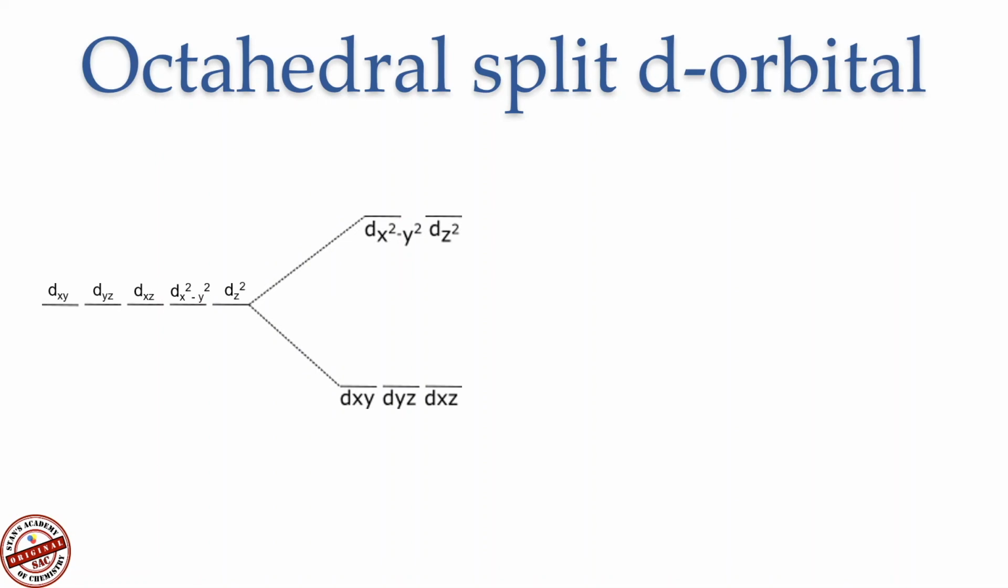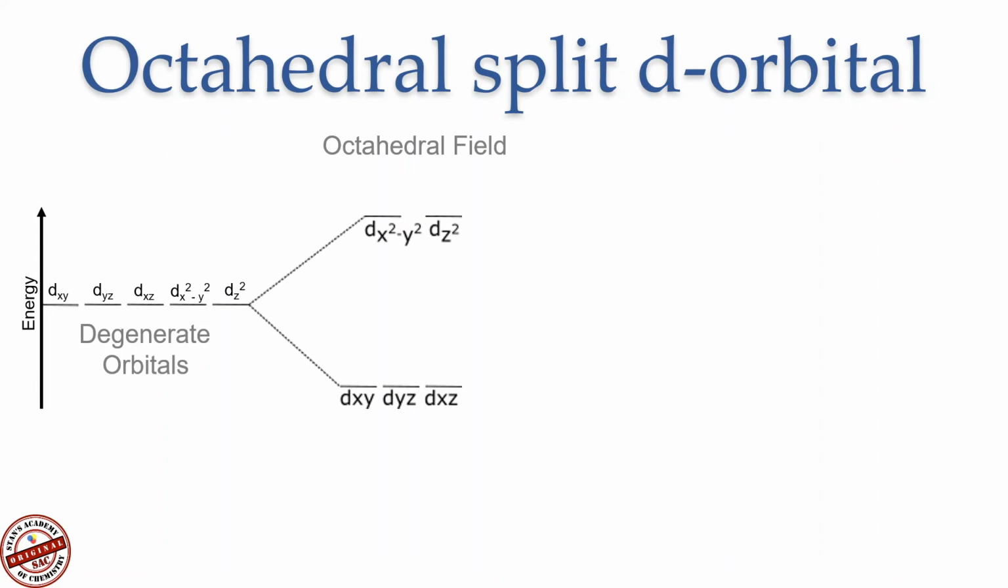Here we're going to look at some aspects that we already learned. This is the d orbital: dxy, dyz, dxz, dx squared minus y squared, and dz squared. They are called degenerate orbitals because they all have the same energy. Energy keeps increasing from bottom to top. If you have a metal with a d orbital that is partially filled, and